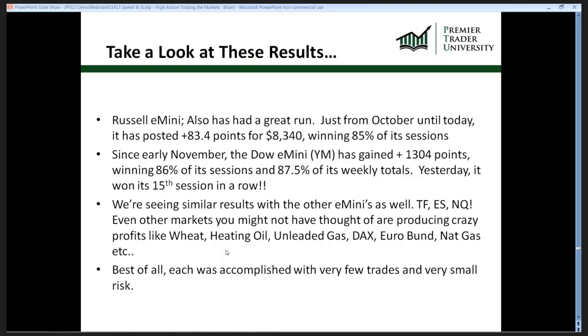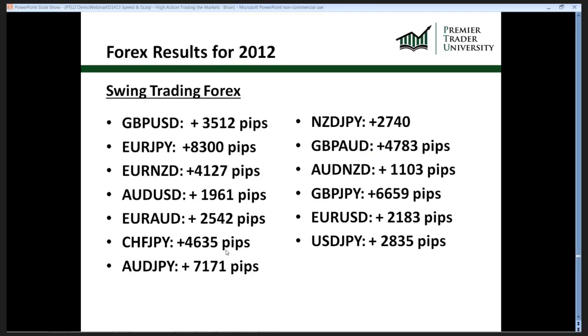And of course, we're seeing similar results on a lot of markets. Some of my favorites there down near the bottom of that paragraph: wheat, heating oil, unleaded, the DAX, even the Eurobond and natural gas. They're just all doing amazing and steady new equity profit levels just constantly. I mean, unleaded gas and heating oil are like the two stars. They're unstoppable. It's unbelievable to see what they do on a day-to-day basis. And we're trading them live. We're trading them live every day in the live trade room.